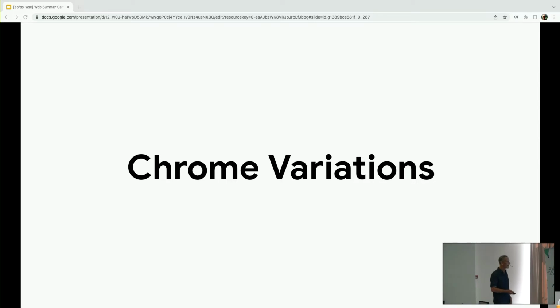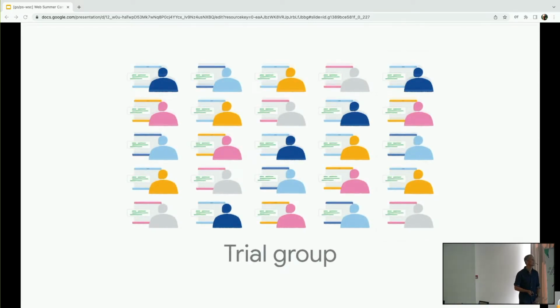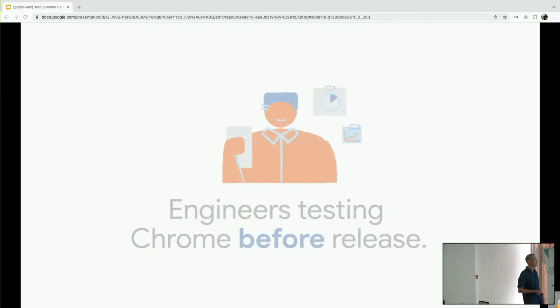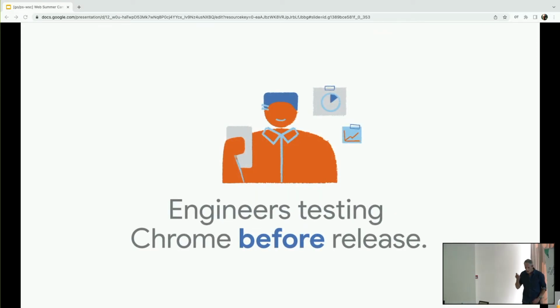This is a really powerful mechanism because it makes it possible to roll out changes or new features to a subset of users. And you can imagine that's extremely useful for trying stuff out when we're introducing changes to the browser, potentially to billions of users. And of course, we test stuff rigorously before release.